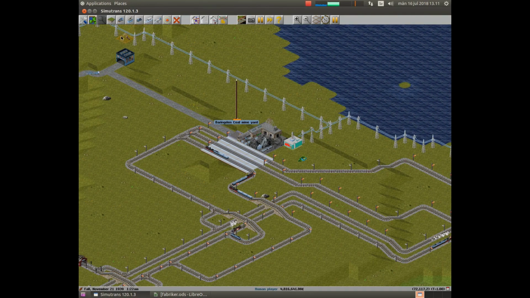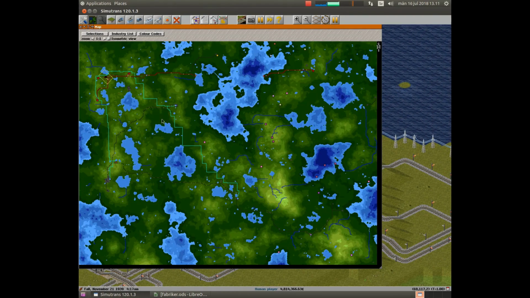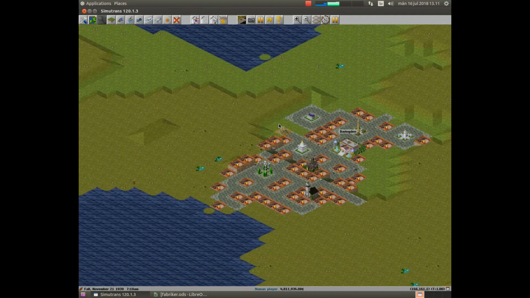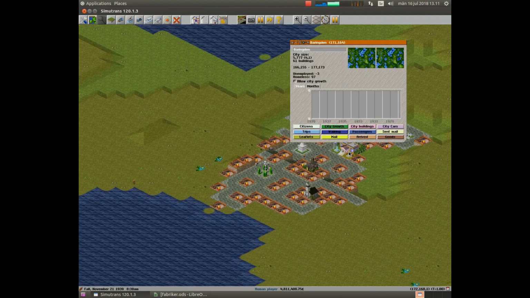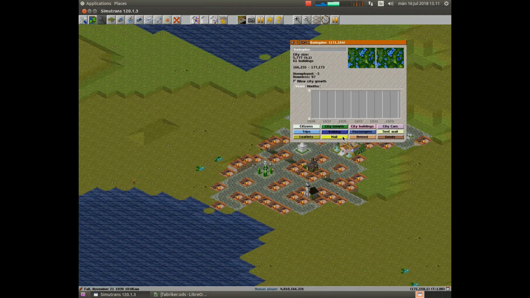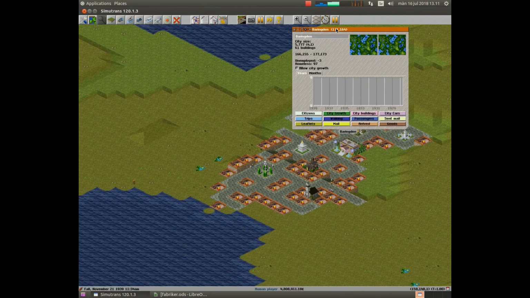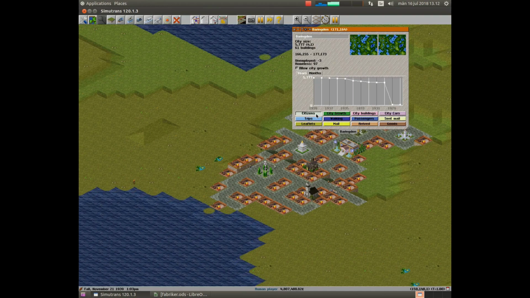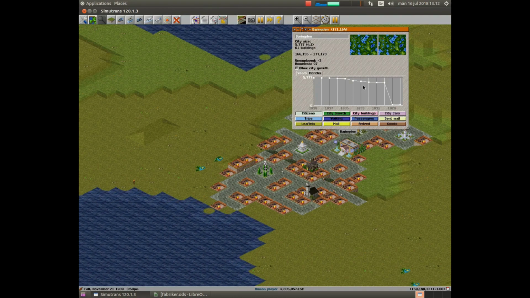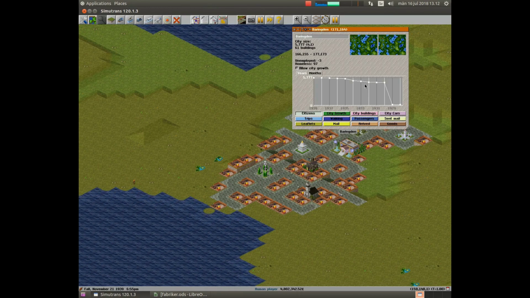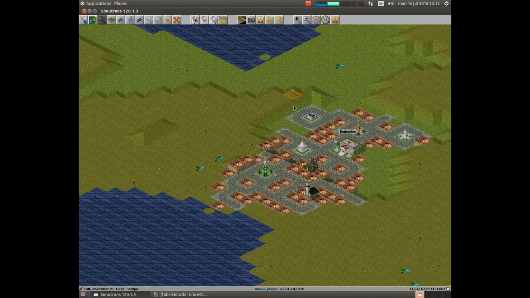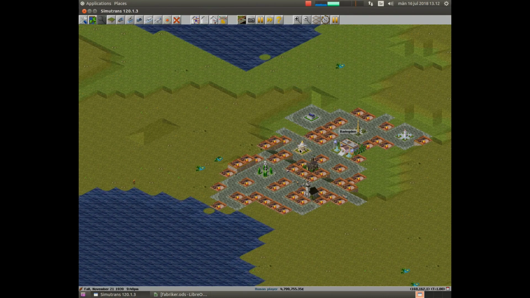So how often does a new industry come? Well, there is actually a formula for this. If you go to a town, you can see under this site the city hall, the city size, and so on. Cities grow, but when they double in size, something happens in the game. Many times it's a new memorial like this,